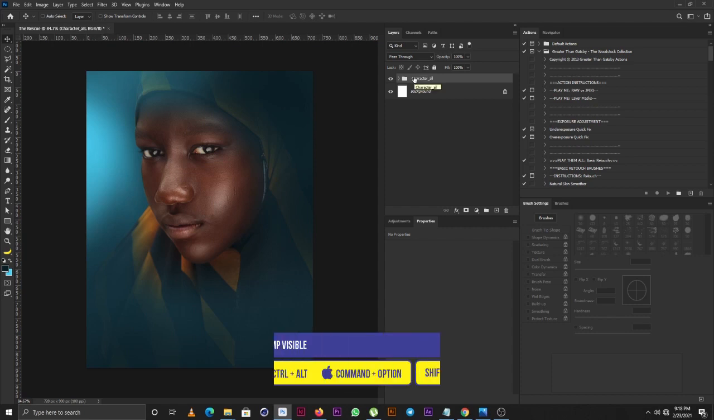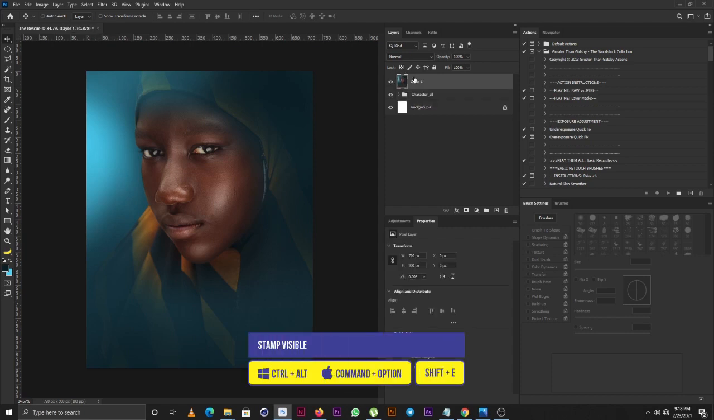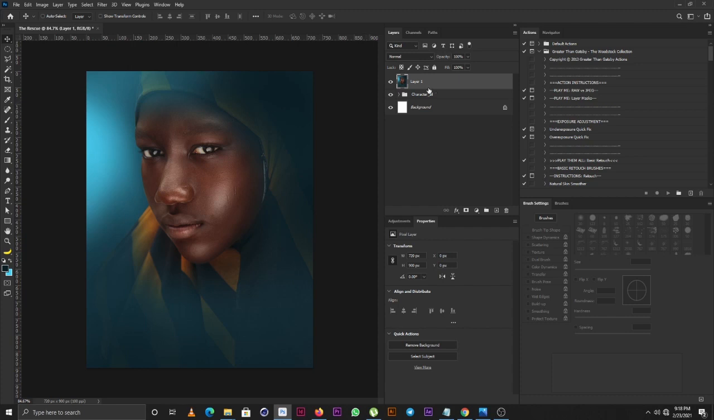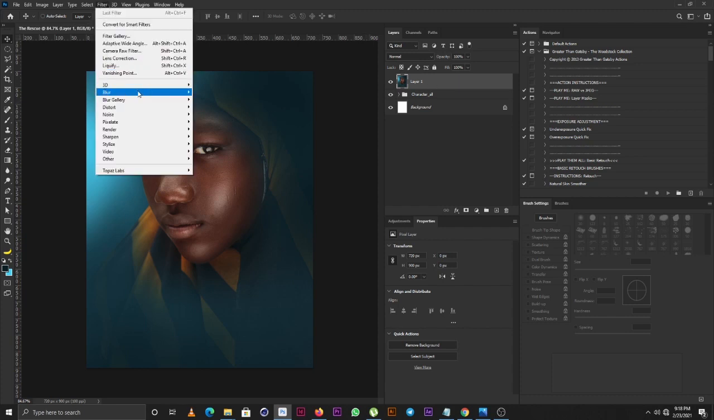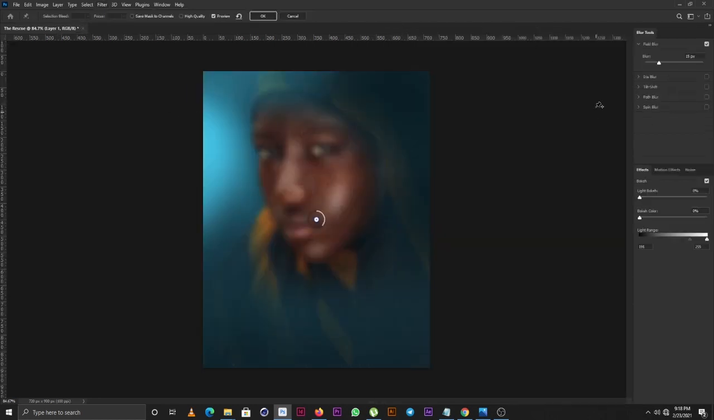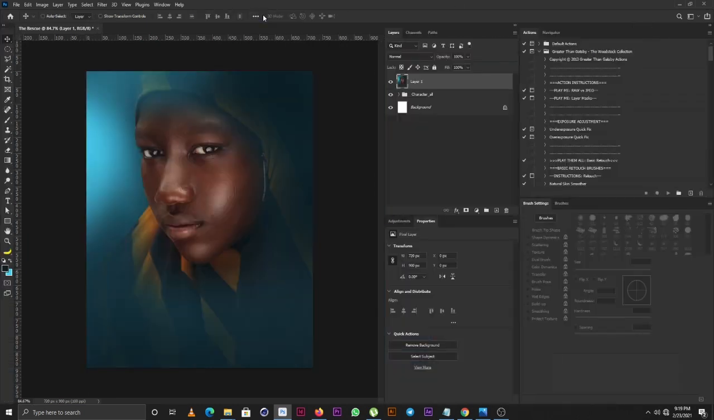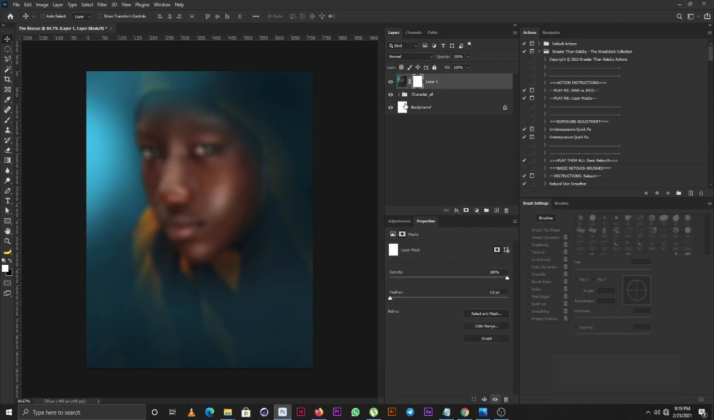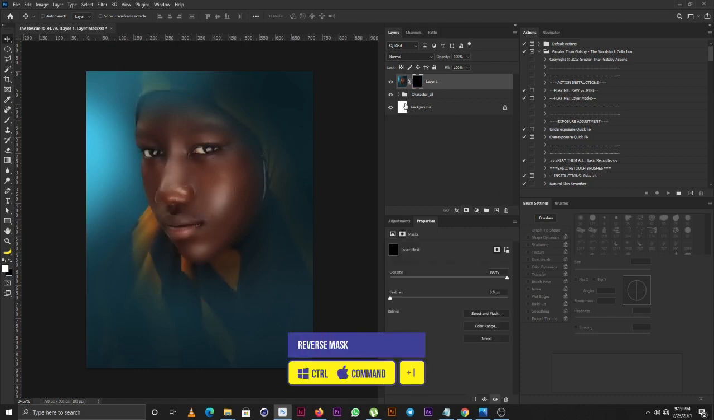All right, so I'm going to hold Ctrl Shift Alt and E to stamp visible of all the layers. So I am going to go to Filter, Blur Gallery, and select Field Blur. All right, so I'm going to make this, let's say, okay, and I'm going to select OK. All right, now we don't want this to apply to the entire project. So what I'm going to do is add a layer mask, and I'll reverse the mask